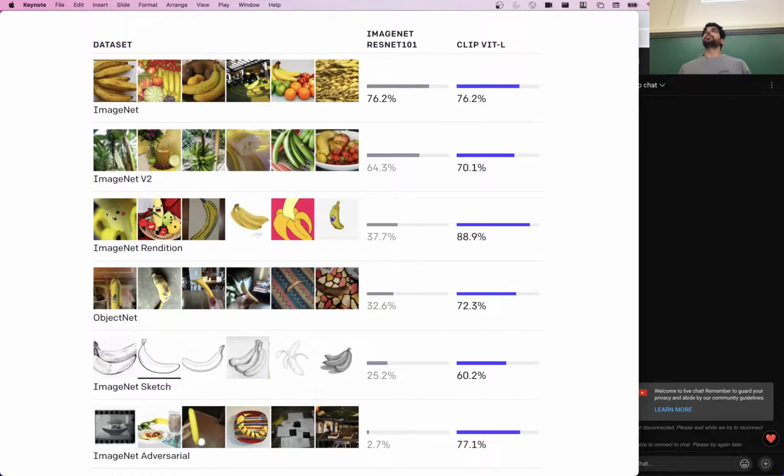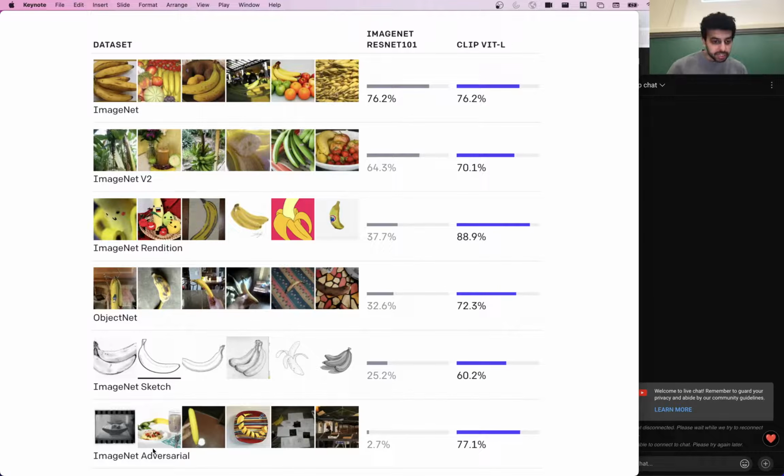And one advantage of this that they found, which could be largely a dataset issue because they trained on data from the web instead of just the ImageNet dataset, is they had all these other kinds of cartoon images or sketch images where previous models were not very good at detecting that, for example, these are bananas, because it's not like a photograph of the banana, right? It's a sketch. It has a different style. But the CLIP model is actually quite good at recognizing that because it's seen a lot of these kinds of images in the web training data that it had access to.